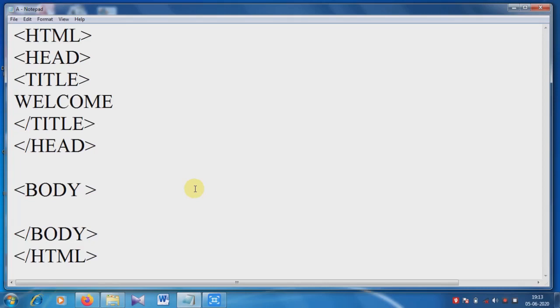This is the HTML page I have already created. Now I am writing a sentence.